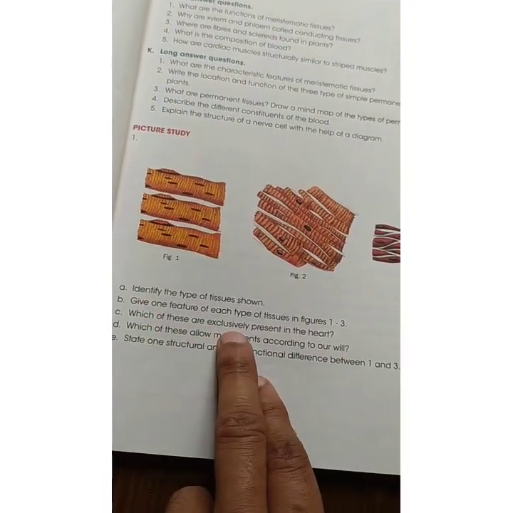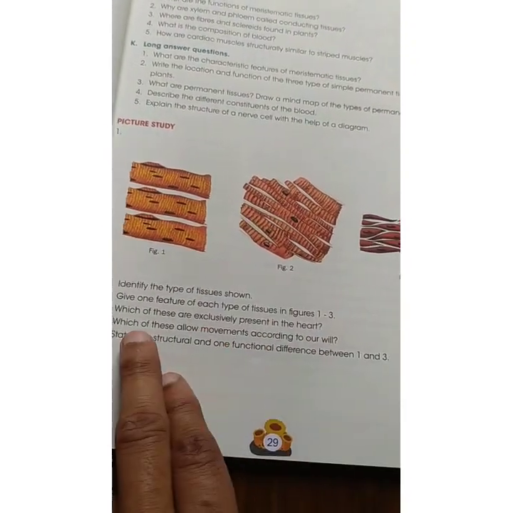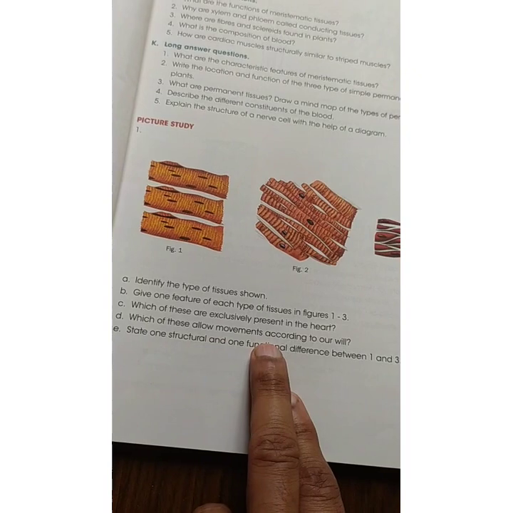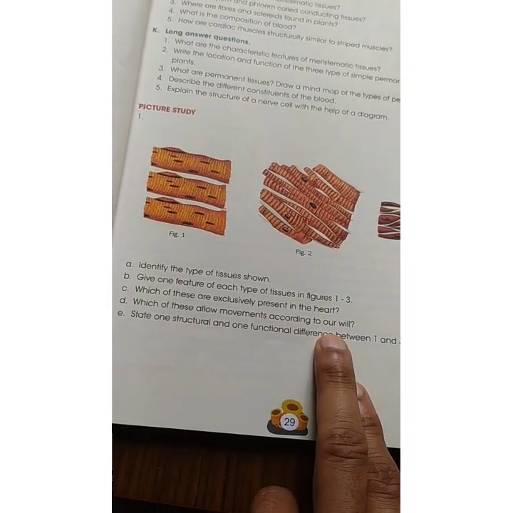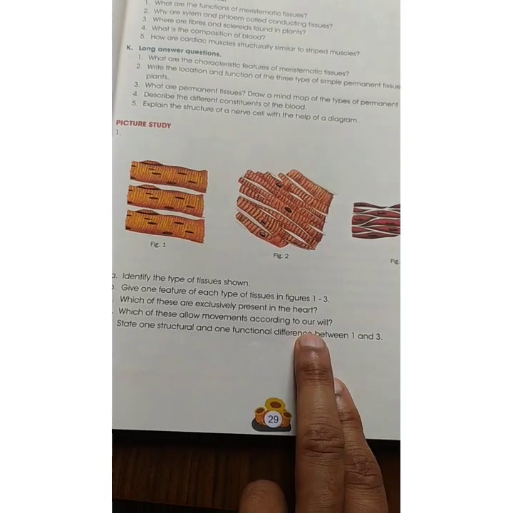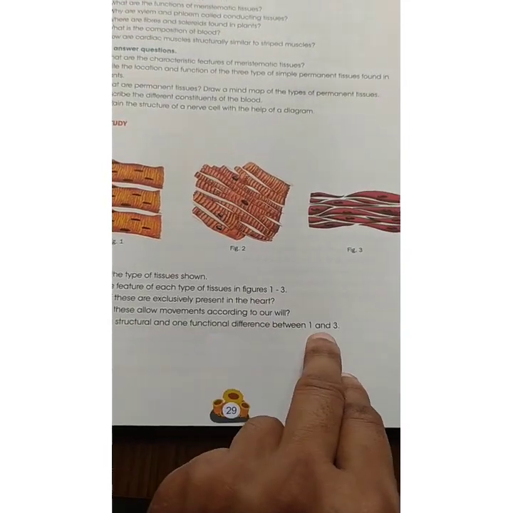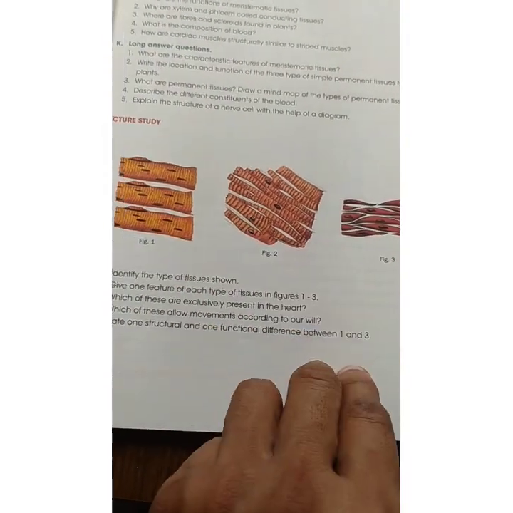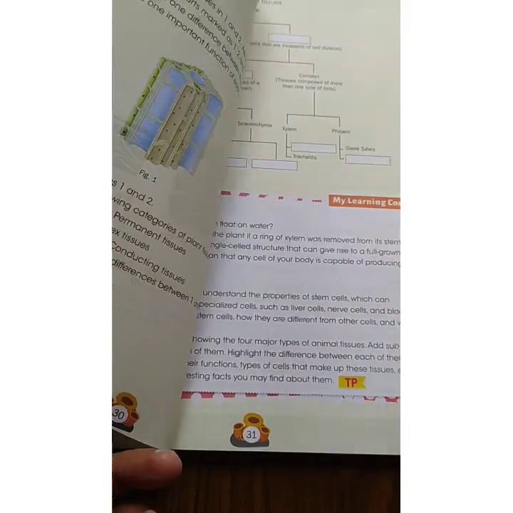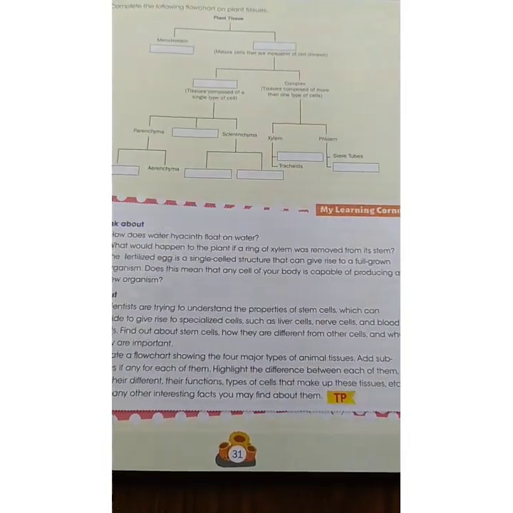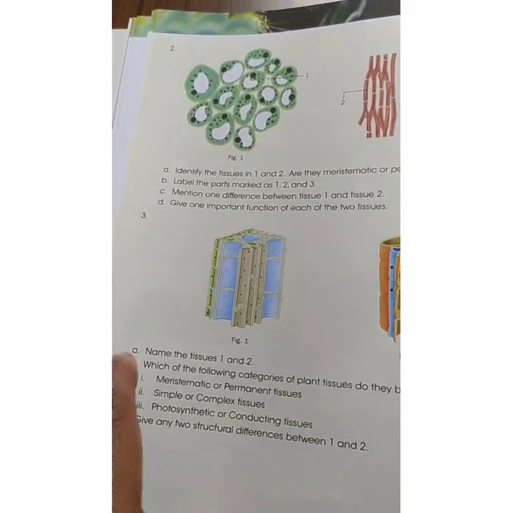Which of these tissues are found in the heart? This one, or this one, 1, 2 or 3. Which of these allow movements according to our will, means which is under our control? Voluntary muscles, which of them is called voluntary muscles? State one structural and one functional difference between 1 and 3. Between 1 and 3, one difference in terms of structure, one in terms of function you have to write. Okay. Similarly, 2 more diagram based questions are there, number 2 and number 3. Number 2 you can see